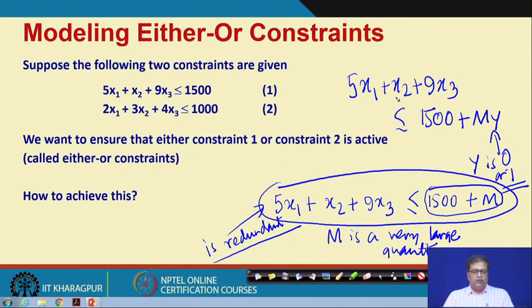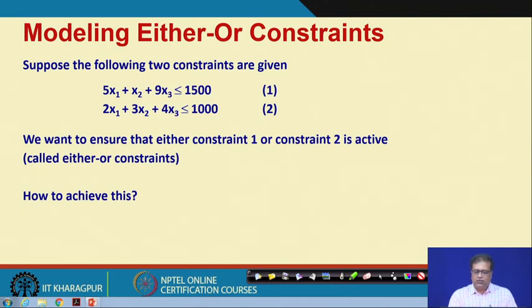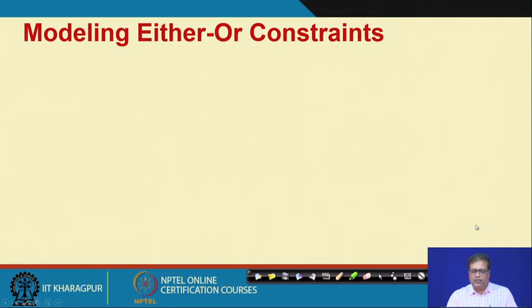So, that is how to put it, but if I put y in the first one, in the second one we should not put y. What may we put? Think over, we may put 1 minus y. So, if y equals 0, then 1 minus y will be 1, and if 1 minus y equals 0, then y will be 1. That way we can have either-or constraints. So, that is what we need to do, and let us see how to achieve this.